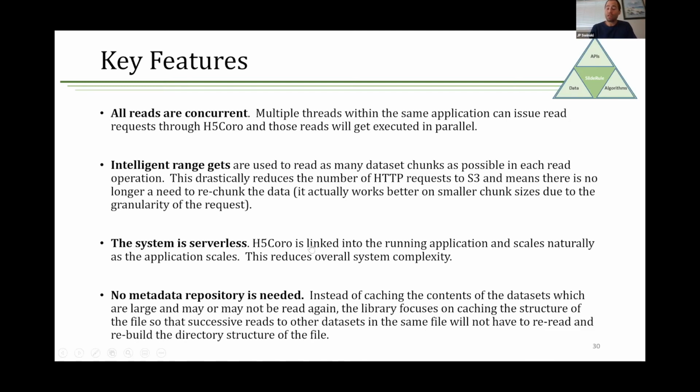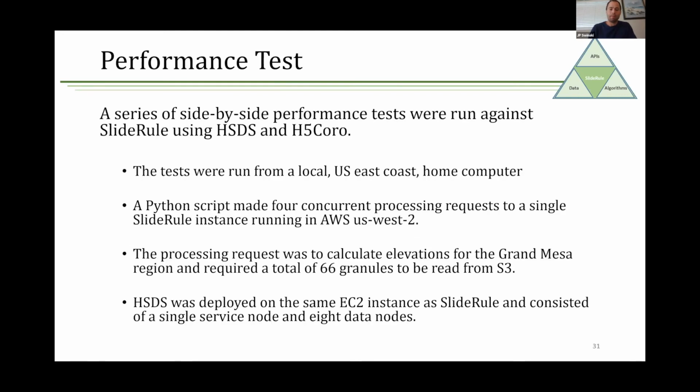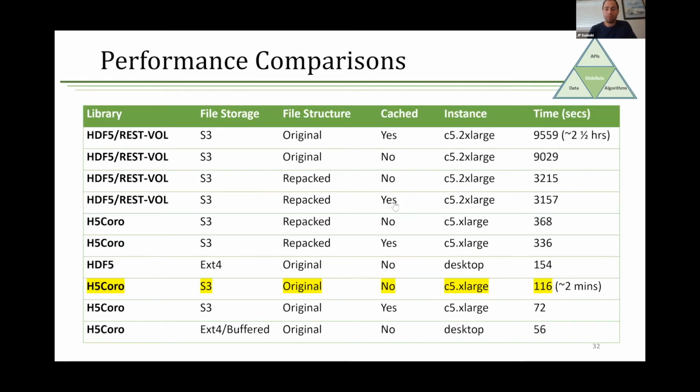The system is serverless, so everything scales naturally with the application, and we don't need a metadata repository. Instead, we use caching to get our performance gains. So this made a huge advantage for us when we switched. Just looking at doing some test runs in the initial system, our performance test was taking about 2.5 hours, and using H5Coro, it takes 2 minutes. And that sounds crazy,